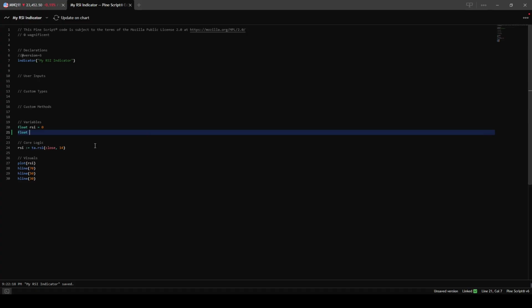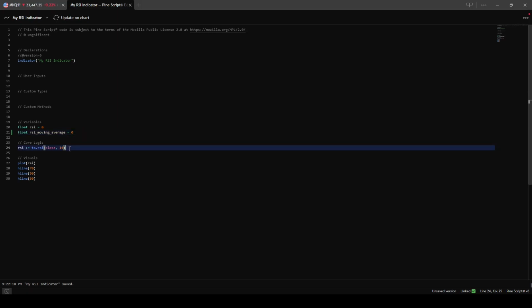So this is also going to be a float. That means that this is a number that has decimals, right? That's what float means, versus an integer, or an int, which is a whole number. It doesn't have any fractions, any decimals after it. So that's kind of the difference between an int and a float. In this case, we do need it to be a float in order to plot it on the chart. So I'm going to call this the RSI moving average, just to make it very clear. I like to have my things named very clearly. So again, we can initialize this value to 0, and then we'll reassign it down here in the core logic